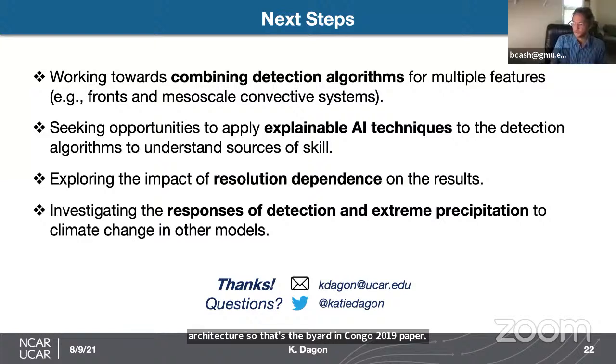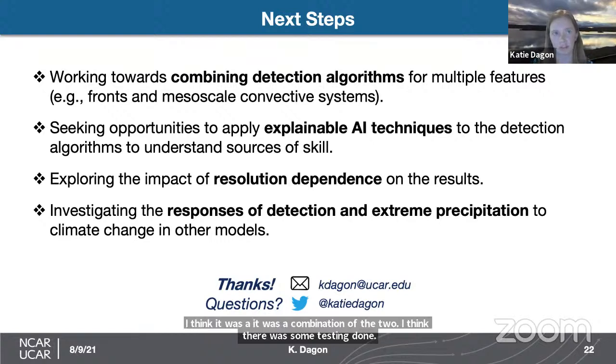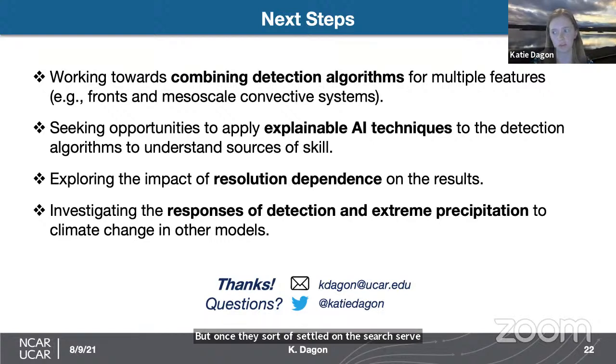It looks like we've still got a minute, so I'll ask mine. For the front detection work, were the inputs picked a priori, or did they emerge from the analysis as the best inputs for identifying fronts? Yeah, I think it was a combination of the two. I think there was some testing done, but once they settled on the surface fields,